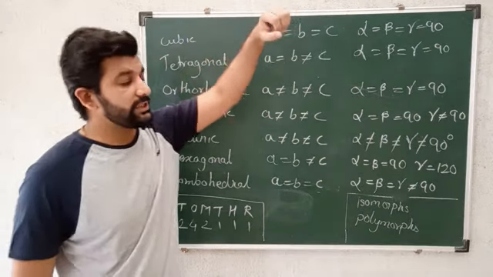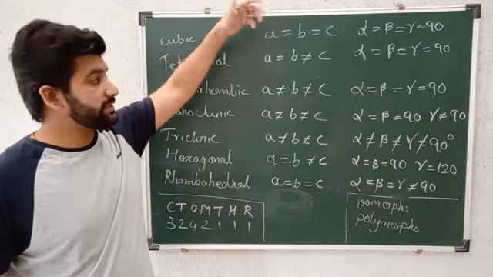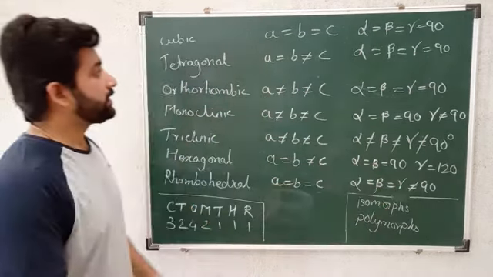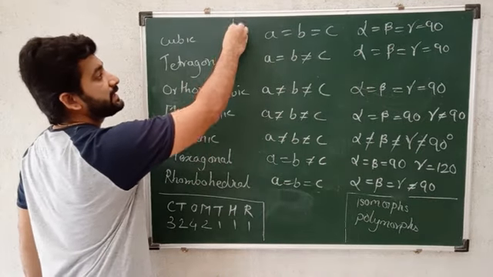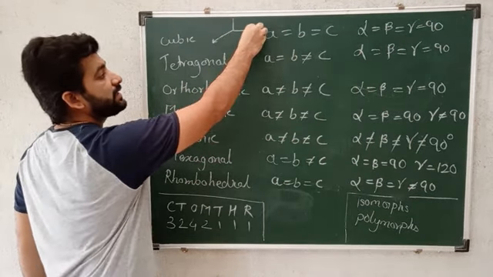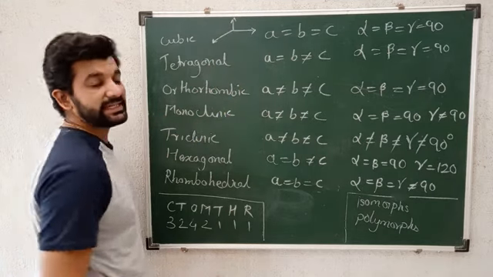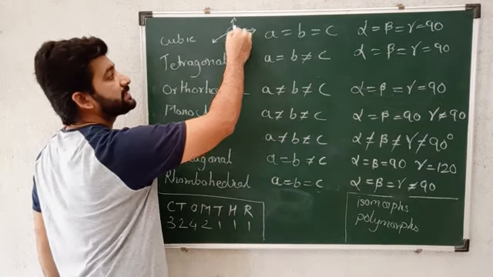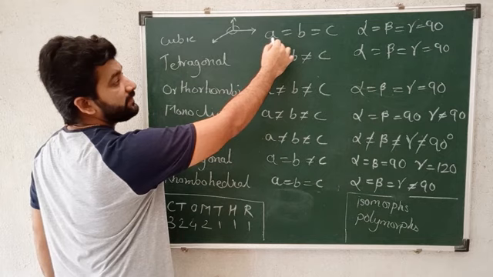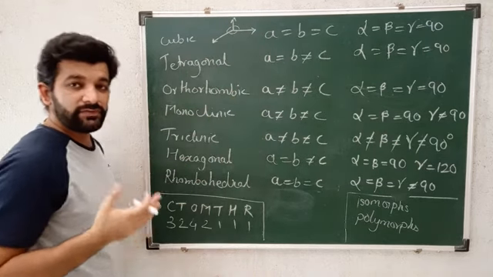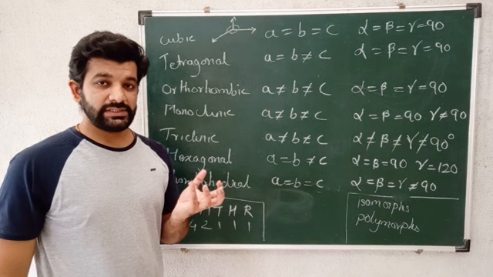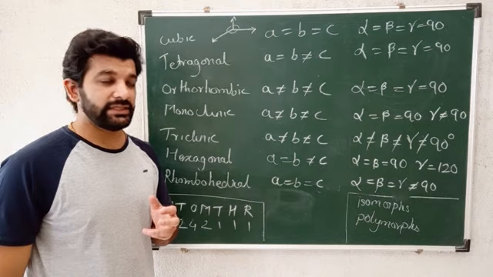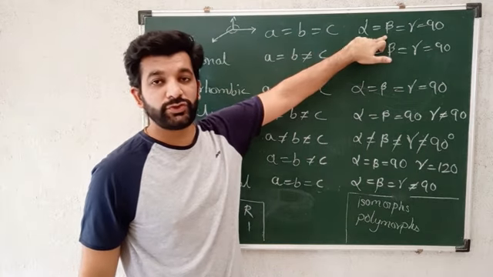Now the most important task for entrance exams is their edge length and the angle between those edges. Here A, B and C tell us the edge length in 3 dimensions, in X, Y and Z axis respectively, and alpha, beta, gamma tell us the angle between these 3 axes. For example, if I have cubic, in that we are all familiar with the cube where all the lengths of the cube are the same and each edge is at 90 degrees.